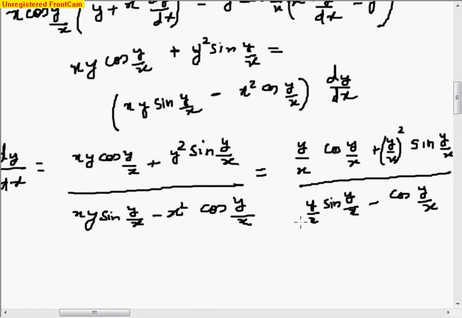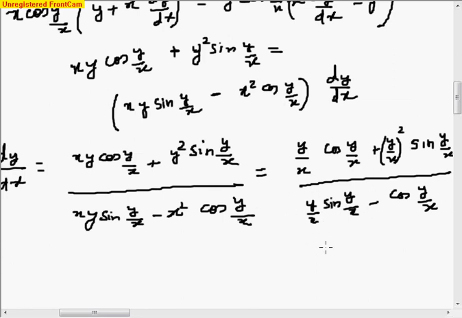Right? Now see right hand side, is it a homogeneous thing? Yeah, if I replace x by lambda x and y by lambda y, what I will get? y upon x here, y upon x here, y upon x here, y upon x here, because lambda lambda will cancel. So numerator is a homogeneous function of degree 0 and denominator is also a homogeneous function of degree 0.